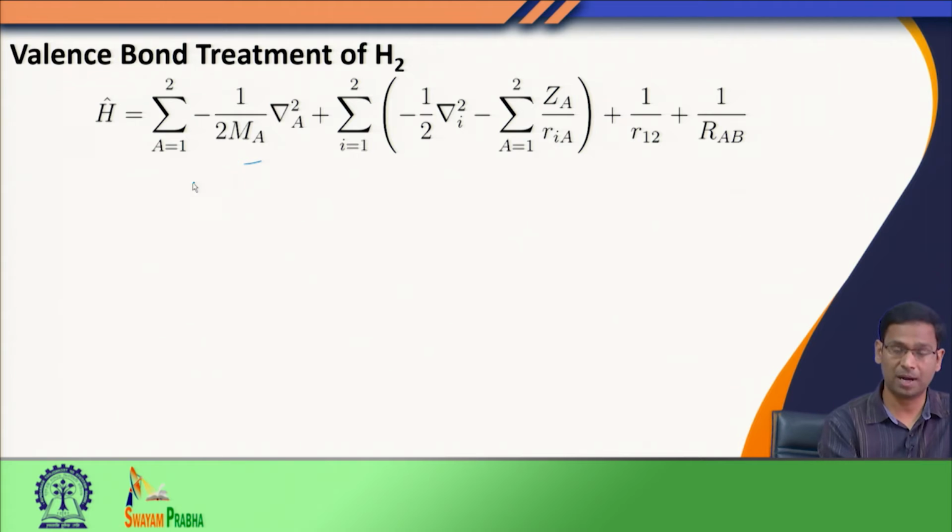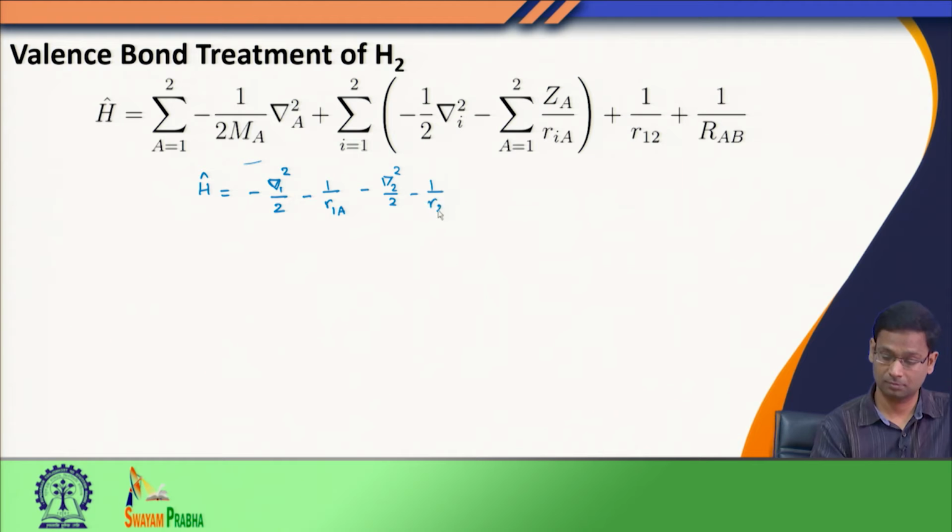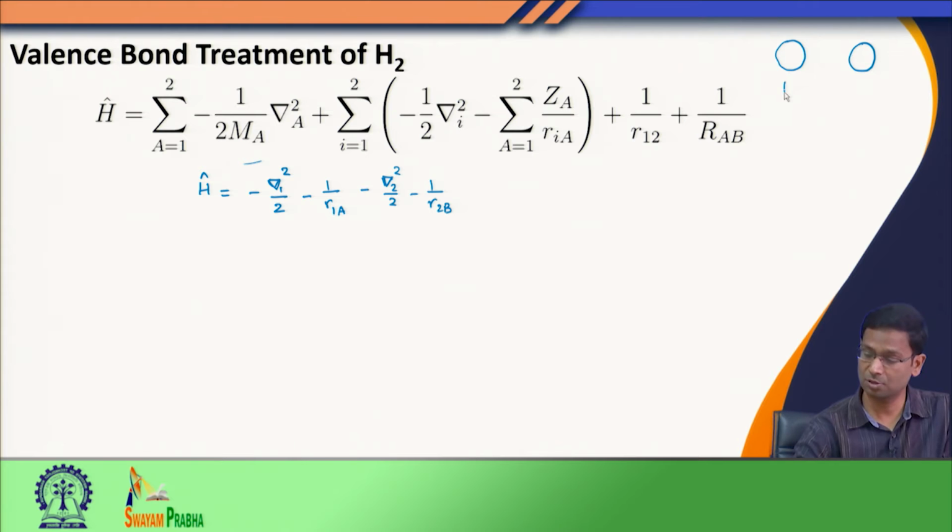So, let us write down only the electronic part of the Hamiltonian. The Laplacian corresponding to electron 1 is given by nabla 1 squared. So, this is the kinetic energy corresponding to electron 1. This is the potential energy between electron 1 and nucleus A. This is the kinetic energy corresponding to electron 2, and this term is the potential energy between electron 2 and nucleus B. So, when we have the hydrogen molecule, we call the two nuclei A and B, with 1 electron on each hydrogen. And then when we expand this, we have terms like 1/r1B minus